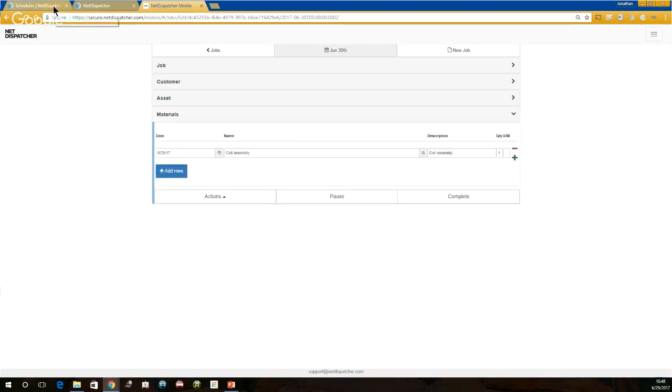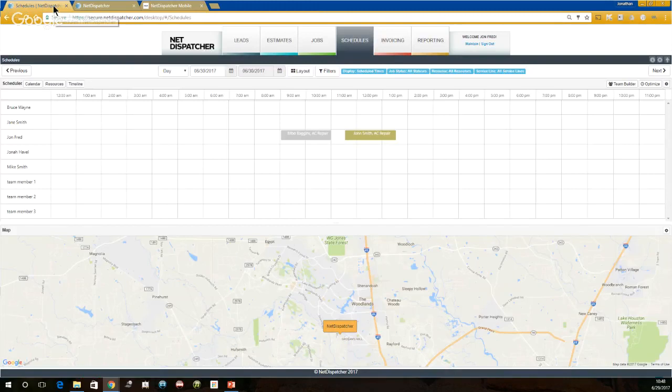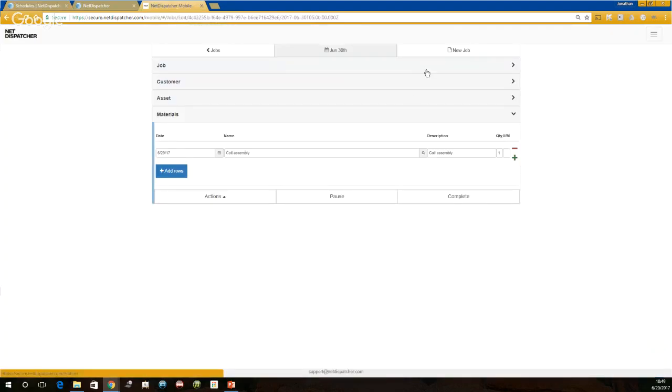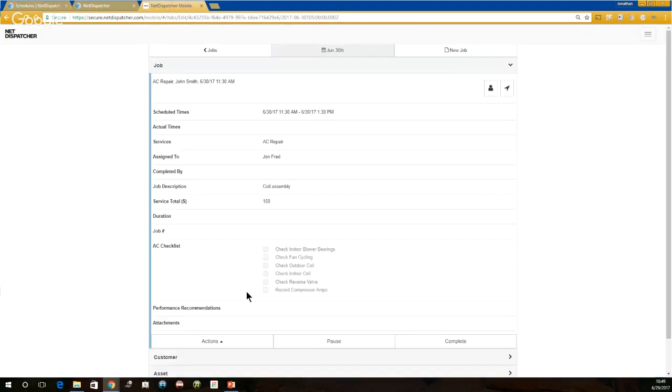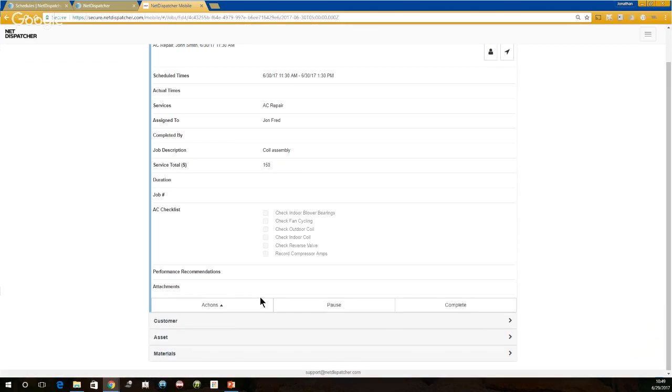That is going to start the job for us. And when we go back to the schedule board, we can see that the job goes from a kind of goldish, tannish color to a blue color, signifying that the job has been started. So now as the technician, we're going to go through our checklist, and I'm going to show you how we